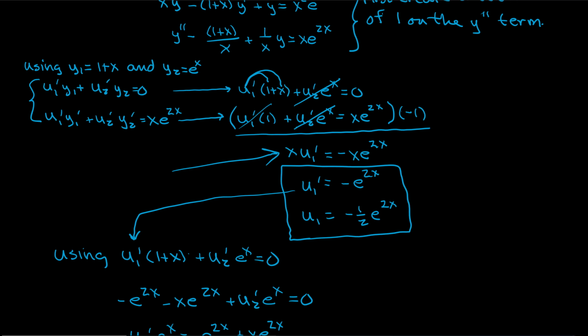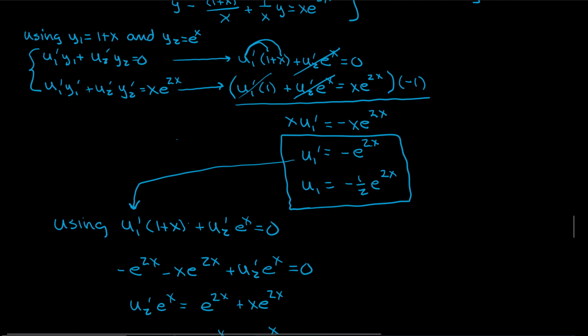At this point, we can divide by x. And we're going to get u1 prime is equal to a negative e to the 2x, which gives us u1 is a negative 1/2 e to the 2x. Okay. Now remember, this is my u1. In order to compute u2,